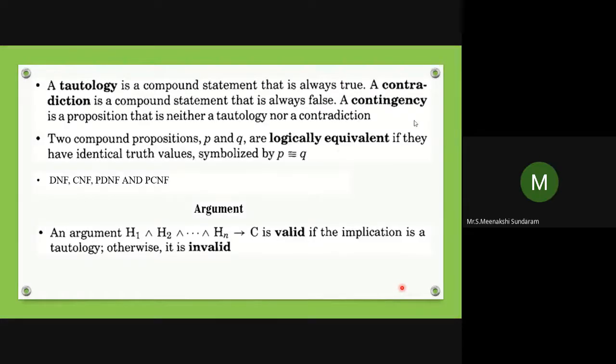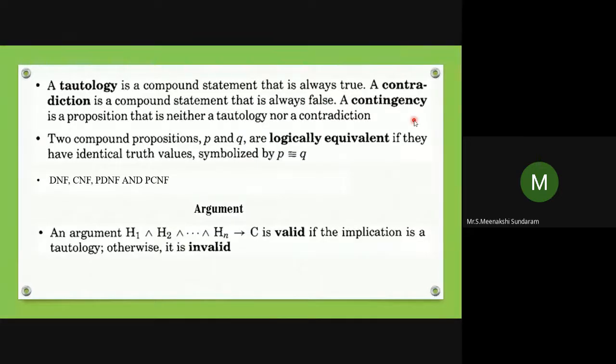Yeah. Input is true, output is false is not possible. That case only is false. So we need to check the case where the hypothesis is true and the conclusion is false. That case only we need to check. Suppose all the conclusion values are true, no need to check. That we can also study for vacuous proof and trivial proof, as we already studied. So true, false case is false, all the other cases are true. So we need to check true, false, that is, only the case where the hypothesis is true.